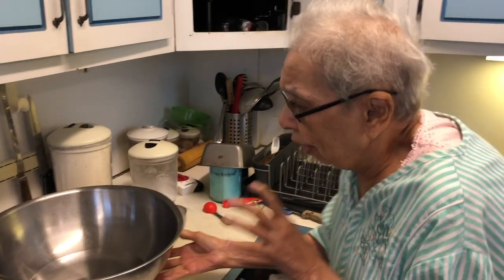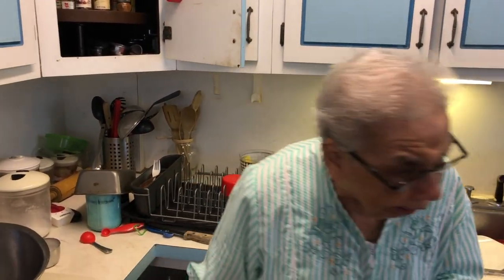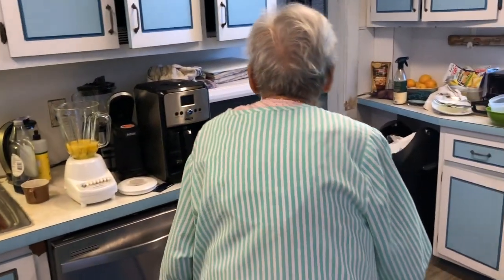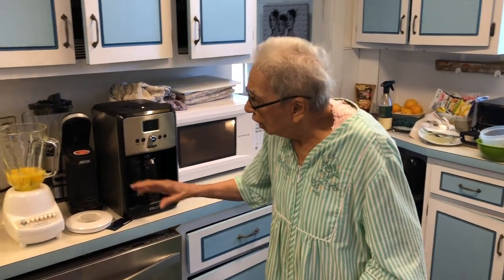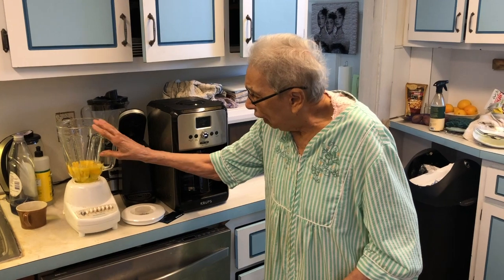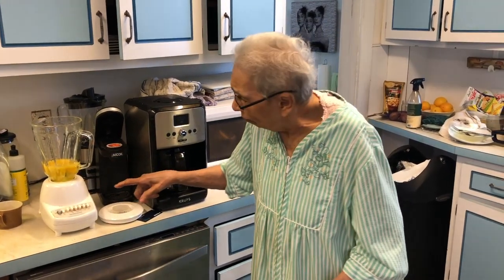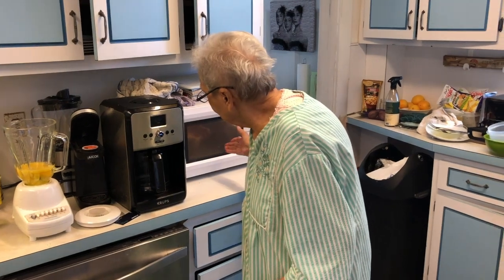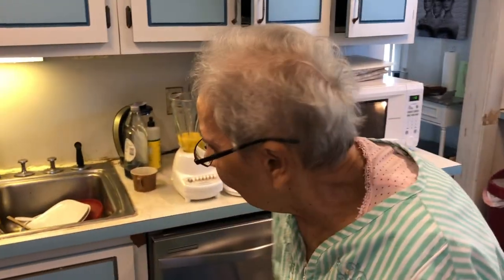So I start out with 3 cups of very hot water, and while that's cooling down, I have some 6 ounces of butter in the microwave melting. I have 5 eggs in the blender. I'll add 4 tablespoons of sugar and 1 tablespoon of salt. And I'll add the butter mixture, and I'll put it all into the yeast and water